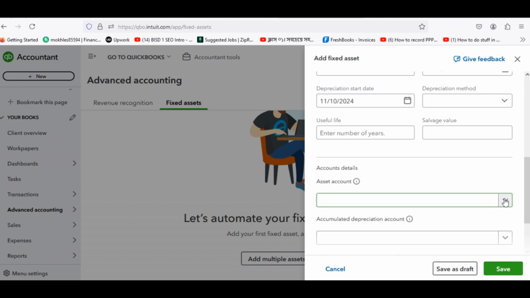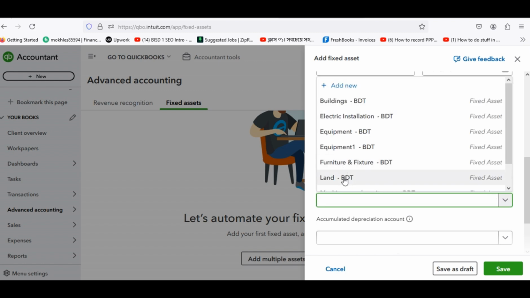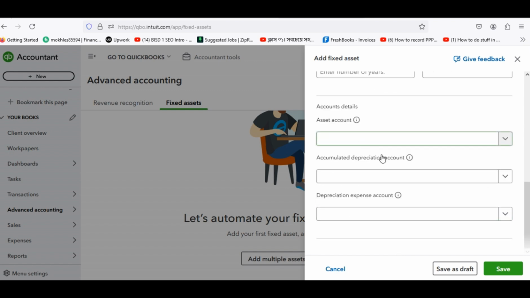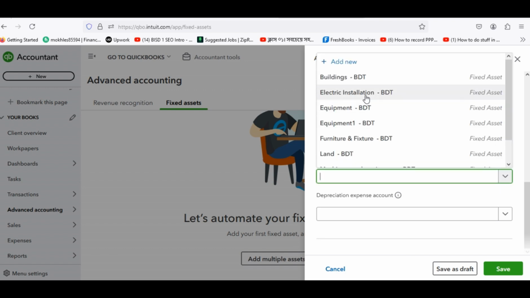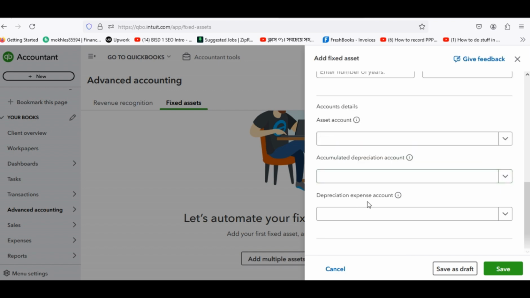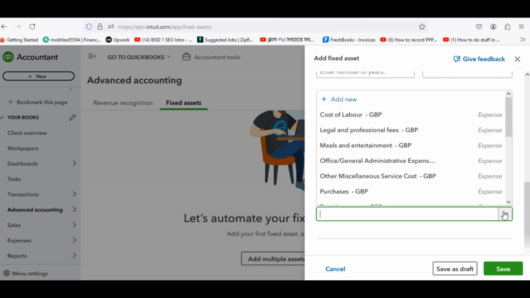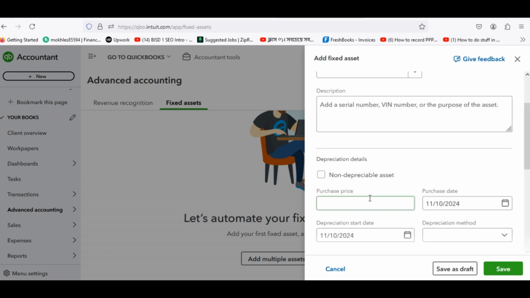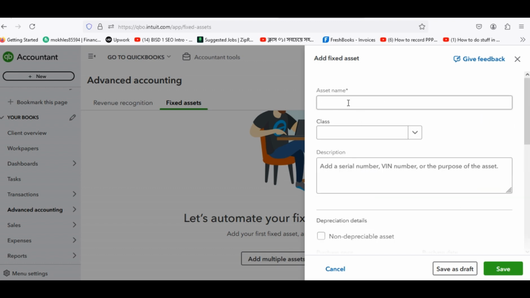Account details: asset account, accumulated depreciation account, depreciation expense account. This is the main options. Account name,